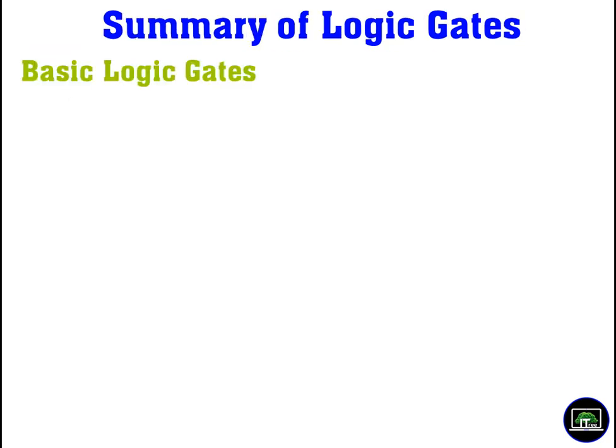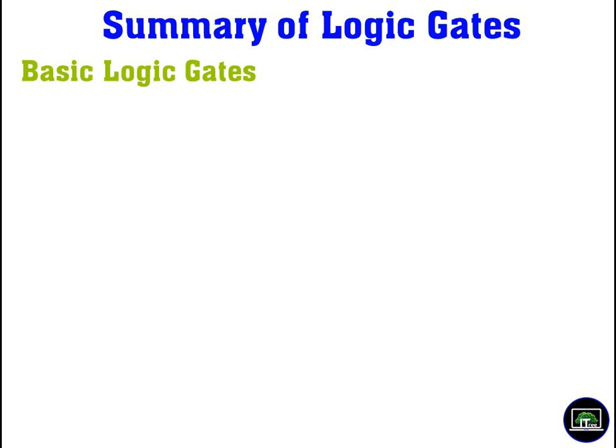Okay. When you look at logic gates, we have different kinds of logic gates. We categorize them into basically three types. The first one we call basic logic gates. I am giving you a summary here just for your knowledge. Just note down this summary. You may not understand everything very well right now, but as we move through the video, you will understand all these things very well. I am giving this summary just to give you a very rough idea about logic gates.